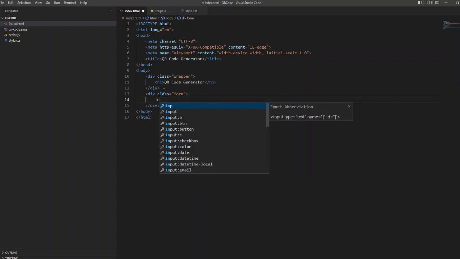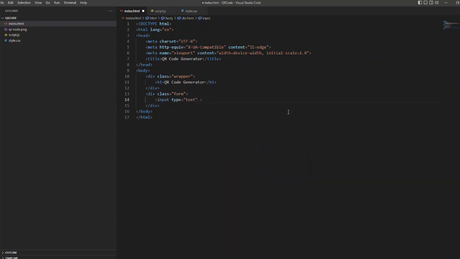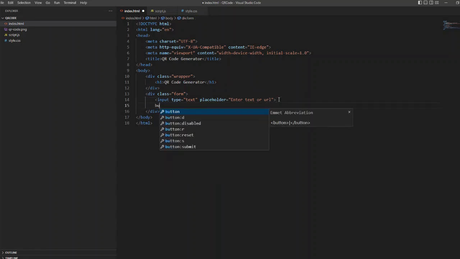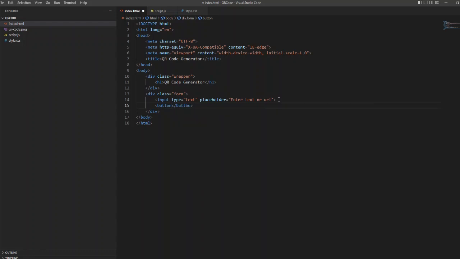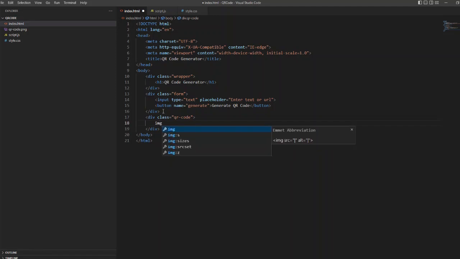Now I'm going to create a division called container, and there is an h1 label to that called QR code generator. Now I'm going to create another division of the class form, and I'm going to add my text and my button here. So the placeholder of the text can be enter text or URL. So there you can enter your text or phrase, and when you click on the button called generate,